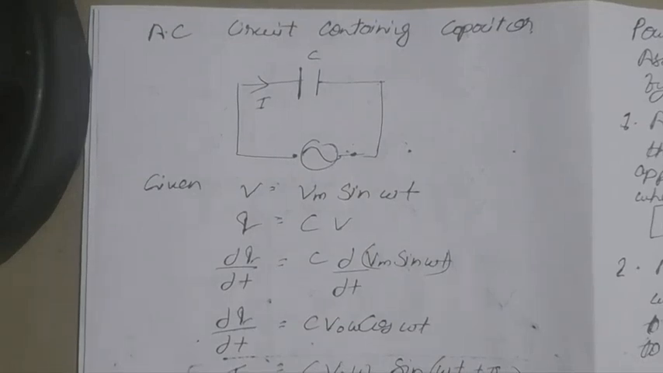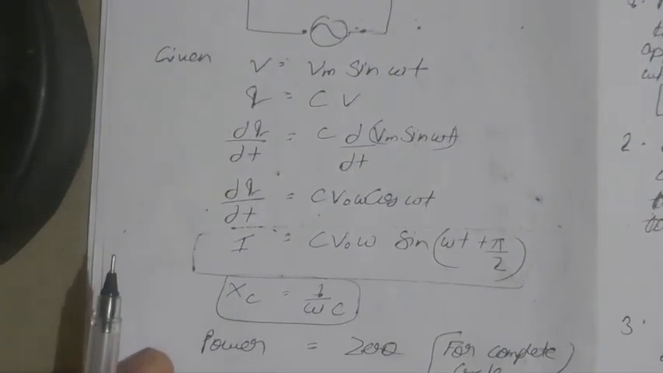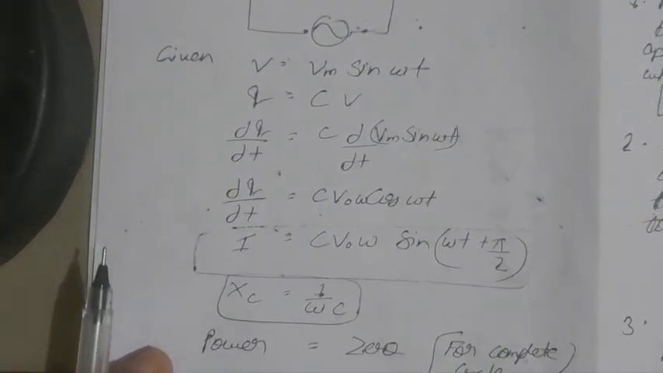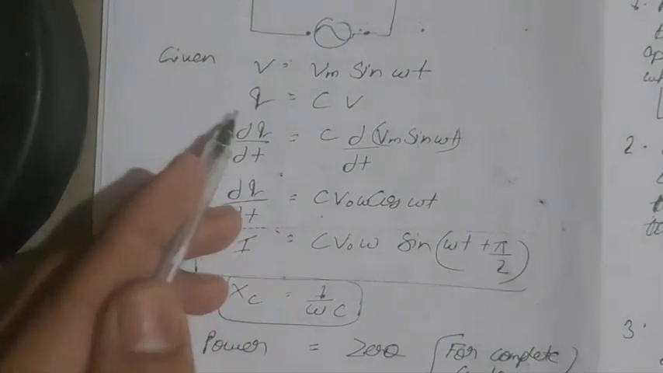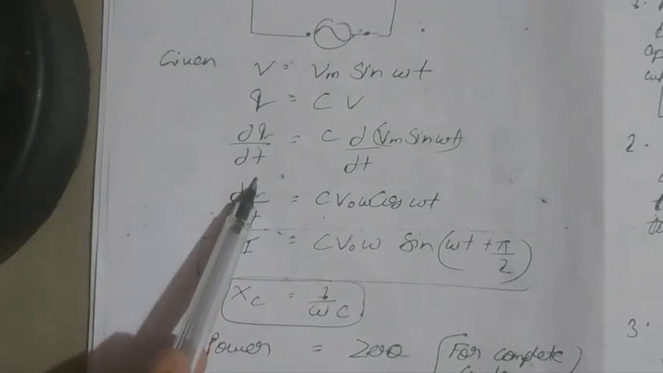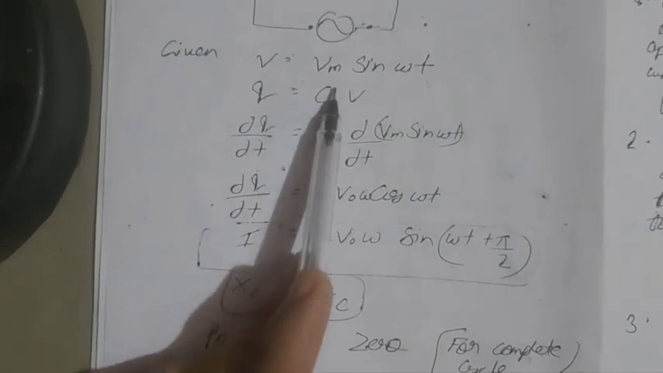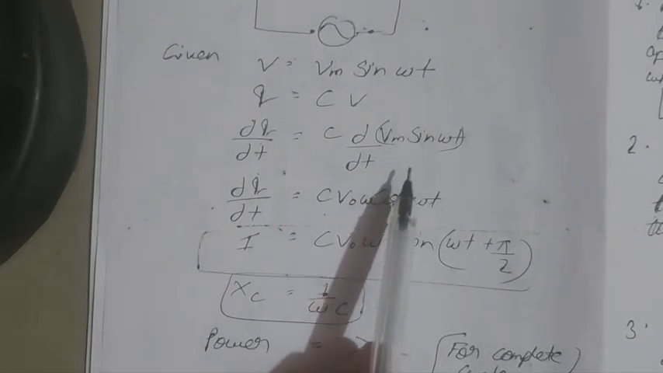After that, AC circuit containing capacitor only. This is the rough diagram. Given V is equal to Vm sin omega t, we know that C is equal to Q by V. We obtain Q is equal to CV. Differentiating both sides, dq by dt is equal to C, a constant, comes outside, d Vm sin